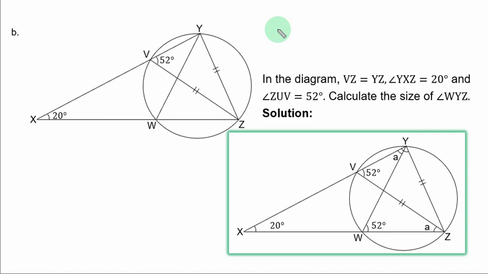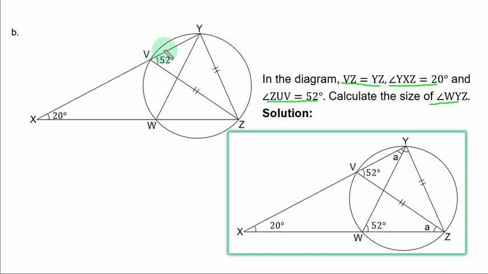9b. In the diagram, VZ is equal to YZ, angle YSZ is 20 degrees, angle ZUV is 52 degrees. Calculate the size of angle WYZ. So from the marking, it means that triangle